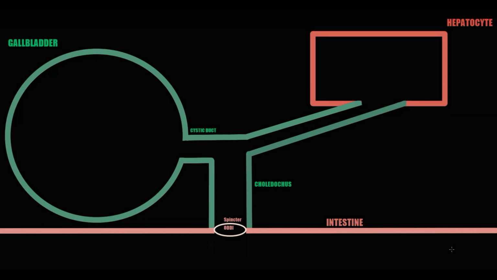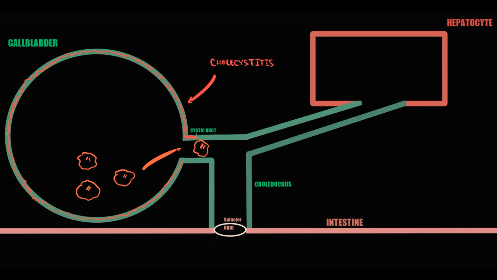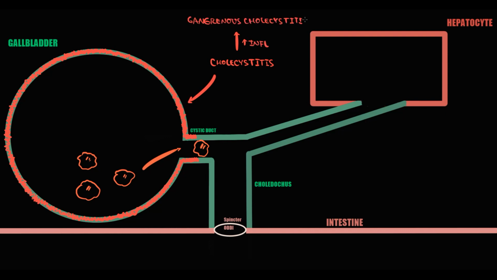It's gangrenous cholecystitis and gallstone ileus. To explain this, here we have a gallbladder with stones inside, and one of these stones caused obstruction, and prolonged obstruction causes inflammation of the gallbladder walls, a condition that we call cholecystitis. First of all, with time inflammation can become very severe, and such severe inflammation of the gallbladder walls we call gangrenous cholecystitis. The problem is that inflamed gallbladder walls become so fragile that with time rupture of the gallbladder wall occurs,